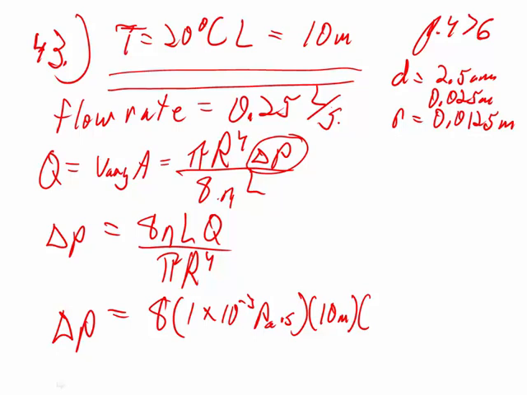So you can divide all that by 1,000, and the value comes out to 2.5 times 10 to the negative fourth meters